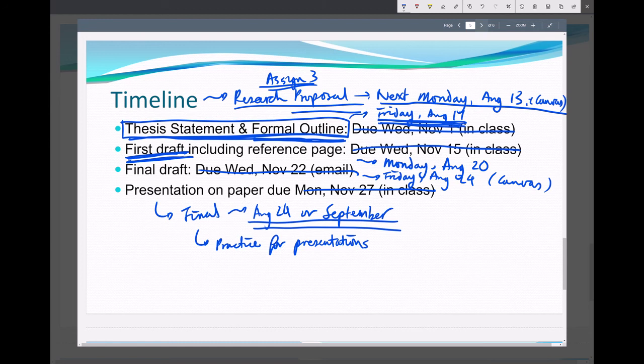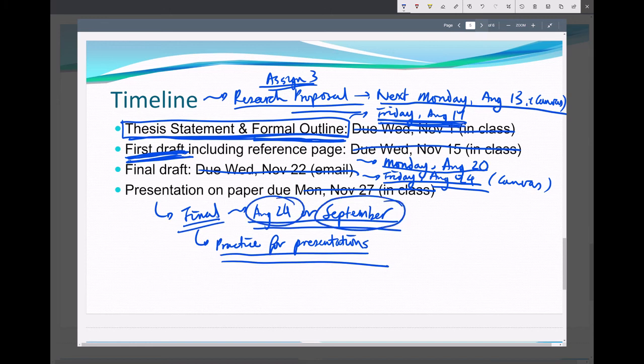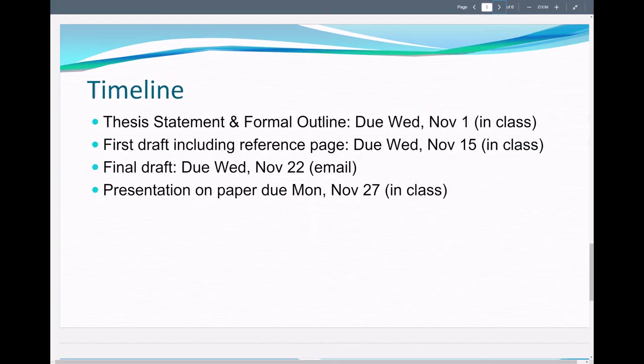You don't need to hand this in, but your first draft, you would write before August 20th. You can post it on Canvas, you can email me, I can take a look at it, give you some general guidance and feedback before you hand in your final draft on August 24th. It's 2 Fridays from now. And finally, you would present your paper during the final exam, either on the 24th, the same date that the paper is due, on Canvas, or sometime in September. Okay, so that's it for this lecture.